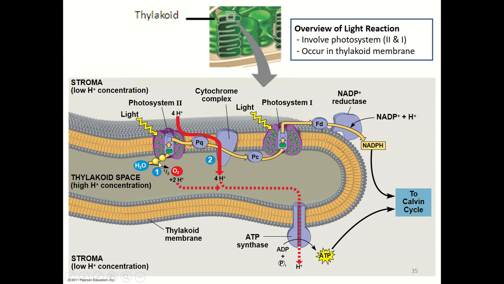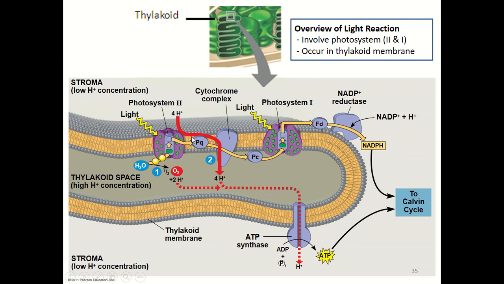Meanwhile, the electron will be donated to fill up the empty space in chlorophyll A. Meanwhile, the excited electron will fall back to the ground state through the electron transport chain. Okay, it will go through plastoquinone, cytochrome complex, and also plastocyanin. So meanwhile, the electron is